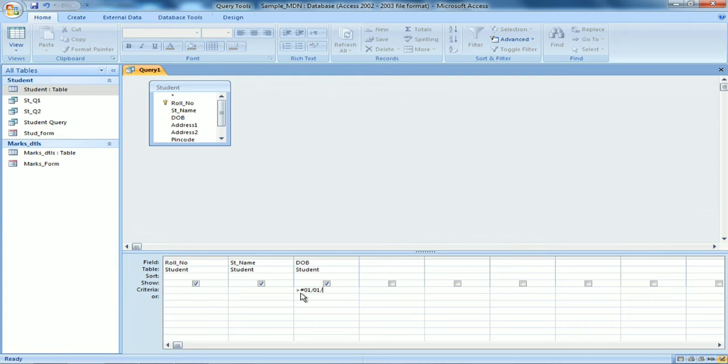That means any records whose date of birth is greater than 1st January 1997. This is my query. So I close it with a hash, like in text, I always close with a quotation. In case of date of birth, I have to close it with a hash sign. Greater than, because I want dates which are after 1st January; that data it will show.